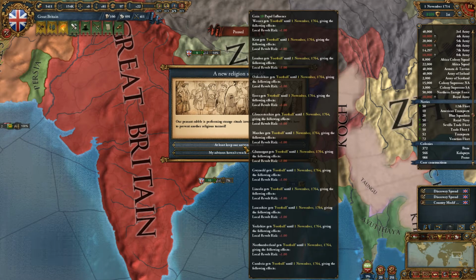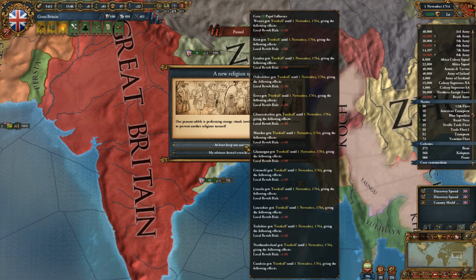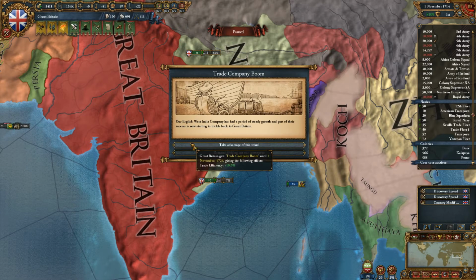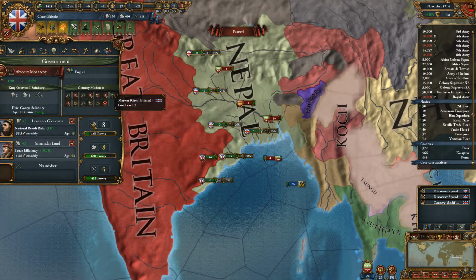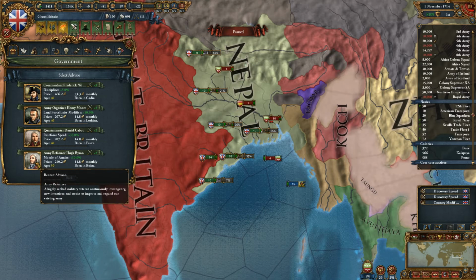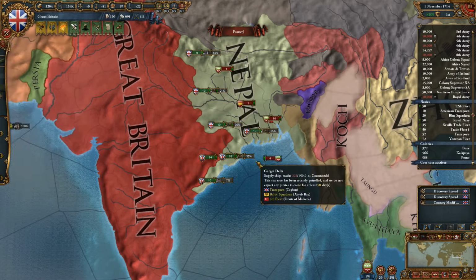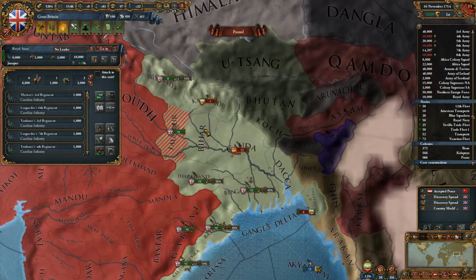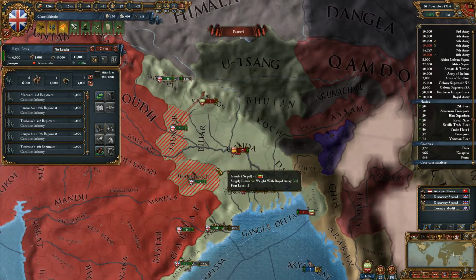One extra revolt risk for a year. No, for half a century. Don't really want that. We'll take the trade efficiency boost, but yeah, that isn't really anything that I like, no matter what happening, more or less. We'll go with the quartermaster for some reinforcement speed. But anyways, yeah, I didn't want that negativity that was about to happen,